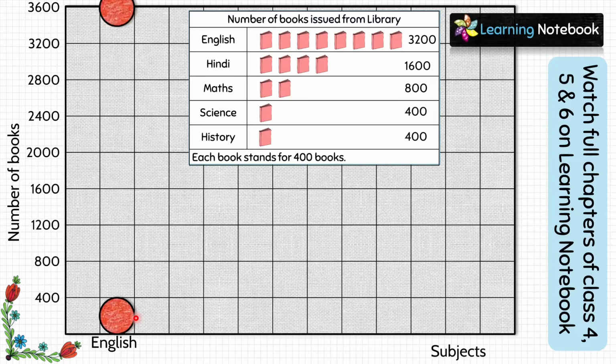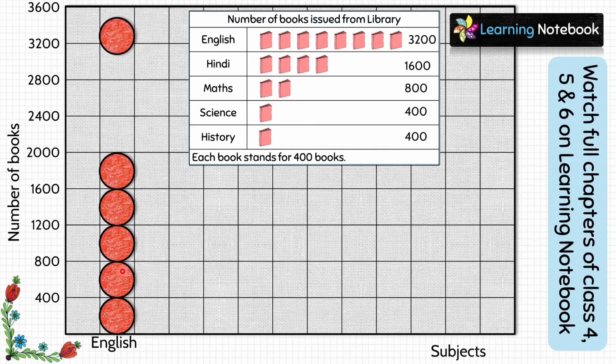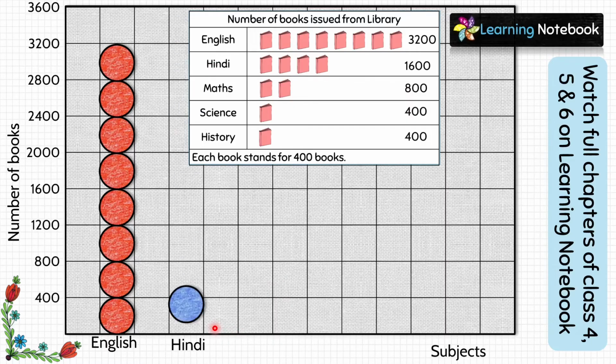So, we will put 8 red circles to represent 3200 English books. Next, we will represent Hindi books, which are 1600. So, let's use blue circles to represent Hindi books. So, we will put 4 blue circles to represent